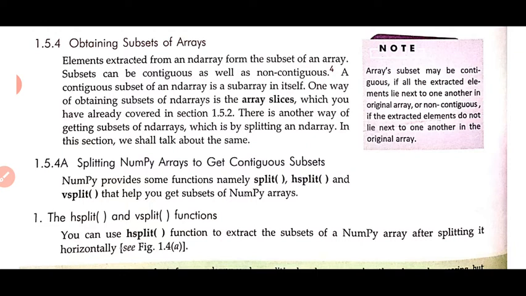For joining there were the hstack, vstack and concatenate functions. Now to get a subset we will do a split, and for splitting we have three functions: hsplit, vsplit and split. Hsplit will do horizontal splitting, vsplit will do vertical splitting, and split will give you three ND arrays or three subsets of one array. Just see one by one how we can do this.